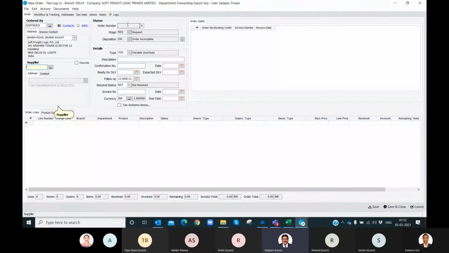Above 1 lakh but up to 5 lakh, level 2 will be approving, and for level 2 it is employee E or F. So that can be configured. And then beyond 5 lakh, level 3. So that top management you can map like that.